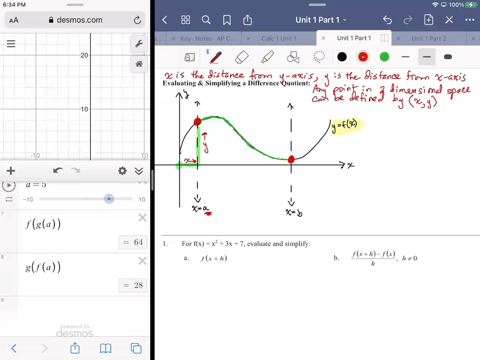So I could also write a coordinate as x comma f of x. Any point in space defined by a function can be represented as x comma f of x. So if I'm following that, I'm looking at this point and saying, okay, x comma f of x,